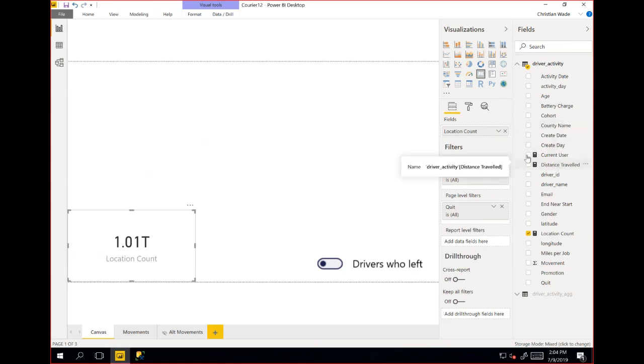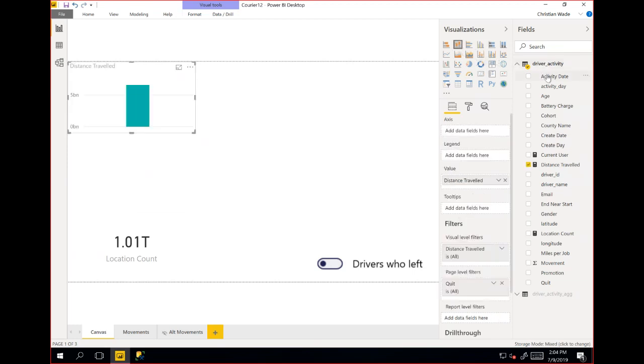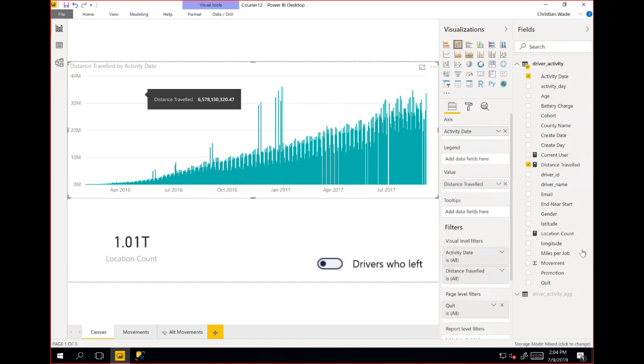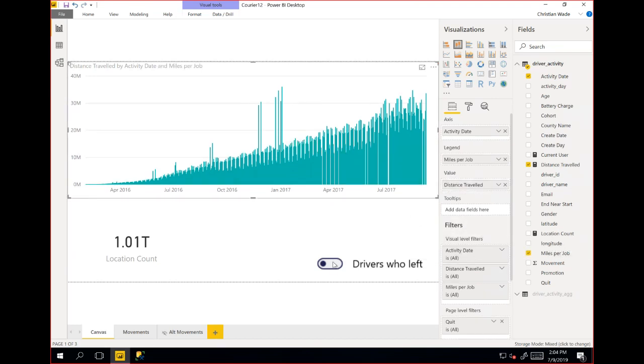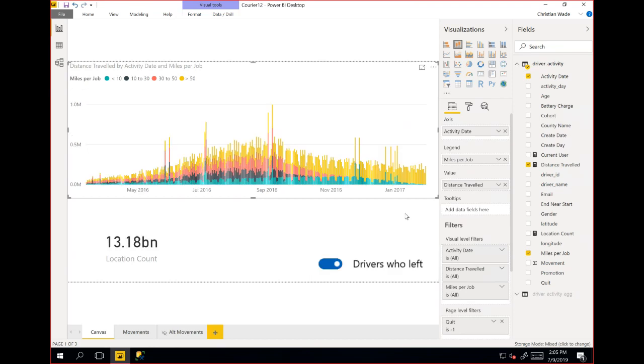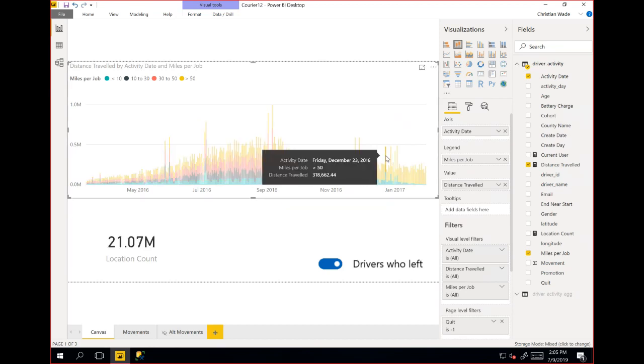So I'm going to go ahead and break out the distance traveled. I'm going to make it a bar chart. I'm going to break it out by date. I'm going to make it nice and big. I'm going to break it out by the miles per job. I'm just getting instant gratification. I'm going to go ahead and filter it just by the drivers who left the company. As you can see, this is clicky, draggy, droppy data analysis over massive data sets. That's how we roll. All right, so I'm now going to go ahead and filter this by December 23rd,